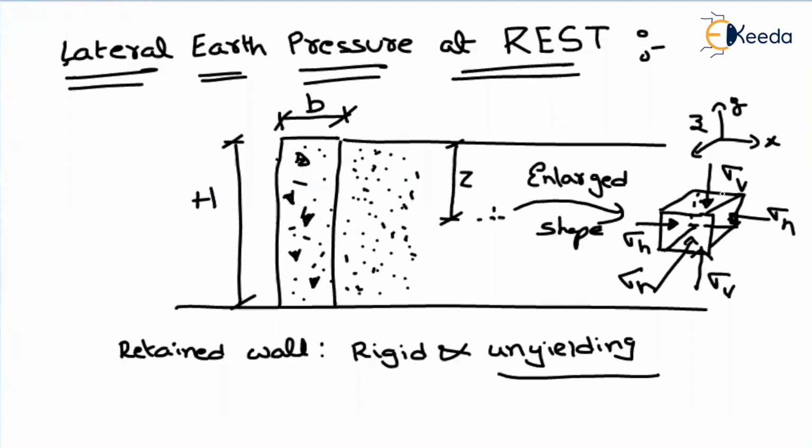Now, as we are talking about this point or the entire soil mass at rest condition, this point is also at rest condition. That means no strains are developing on this element. So for that, let us say that I'm considering the strain along the horizontal direction. That's why I'm representing εH, that will be equal to 0. This H, either it may be along X direction or it may be along Z direction. You can consider anything.